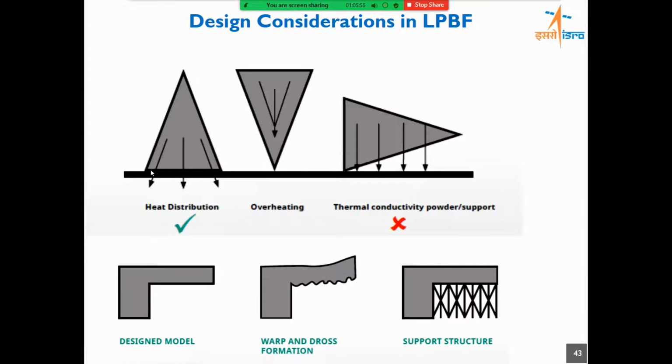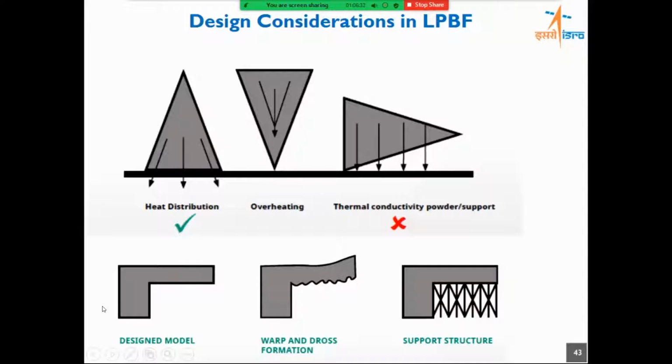What is normally prescribed for carrying out laser powder bed fusion? See, when we are trying to build the part, the heat has to be dissipated at a very fast rate, because the process, as I mentioned, happens in a split of a second. So you need to provide optimum surface for the heat to be dissipated to the build plate. So this particular shape orientation is ideal compared to this, because here you are having only a point contact, and all the heat can get accumulated in this part and can lead to distortion.